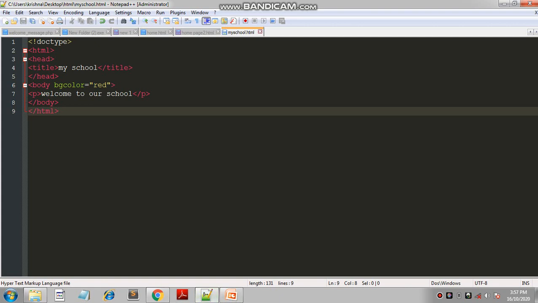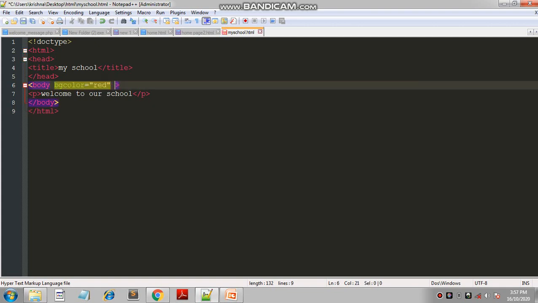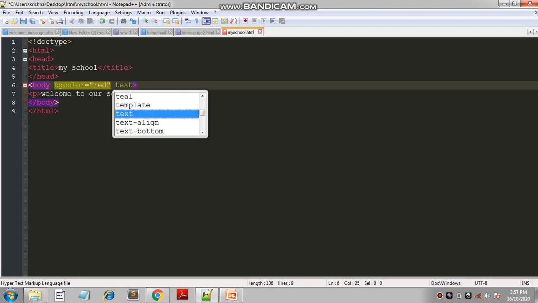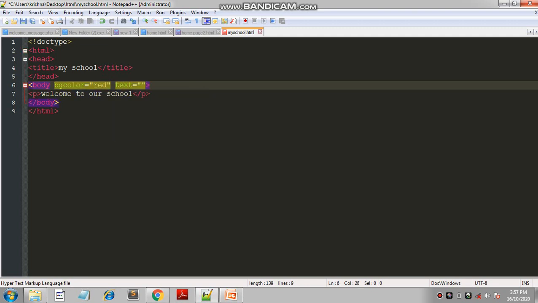Now again go to your code. Simply bgcolor is equal to red. Here we want to give a font color for the whole web page, then we use text is equal to white.